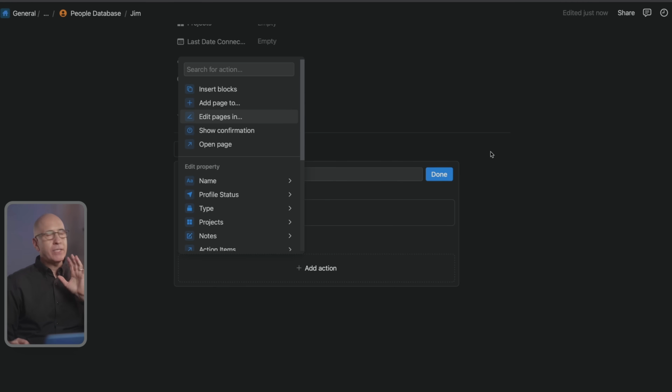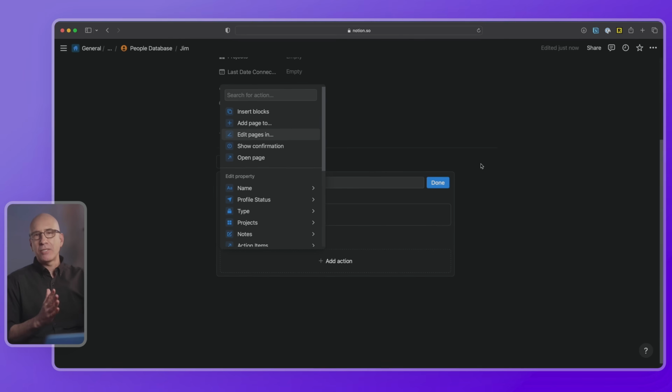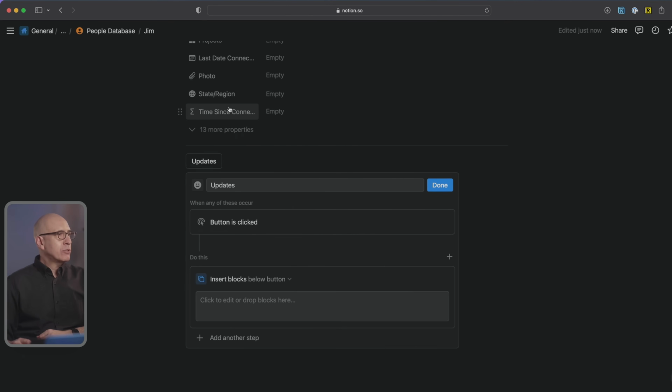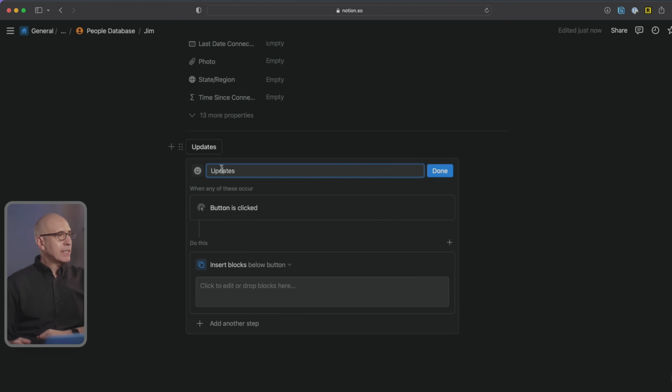But what I find is really useful on a practical level. A lot of these are nice to know you could do, but what are we actually going to use it for? Here's something I use this for all the time. When a button is clicked, we insert blocks. And first of all, we can title this up here. We'll call this update. So now we see the button name is update. And now we click here,